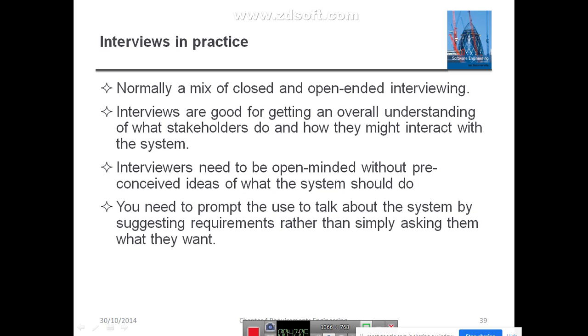That needs to be present with respect to the interviewing. Clear? Interviewing is normally a mix of closed and open. Closed interview means it is based upon some predefined list of questions you are going to conduct. Then open interview means what? Some issues will be explored with the stakeholders. So it is always a mixture of both open and closed ended interviewing. According to which type of system you are developing, depending upon that you can select the interview.